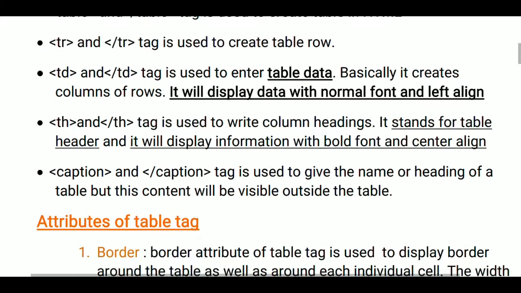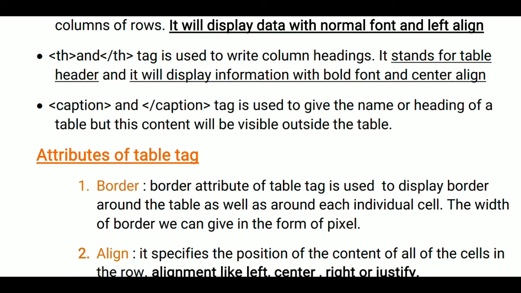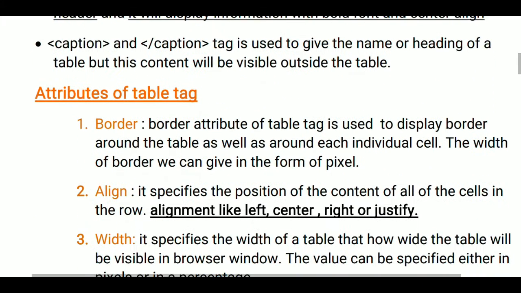Then the attributes of the table tag. The most basic attribute is border. Border is used to display a border around the table as well as around each individual cell, and the width of the border we can give in pixels. Then align.